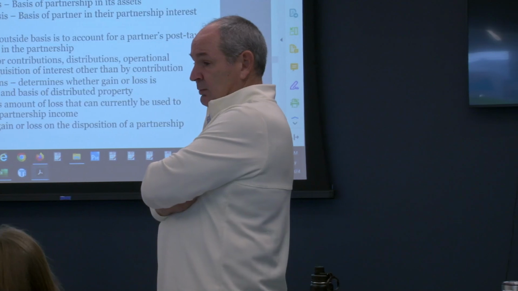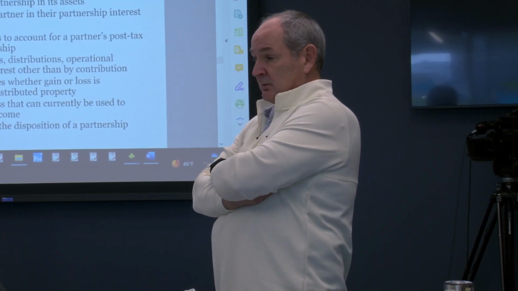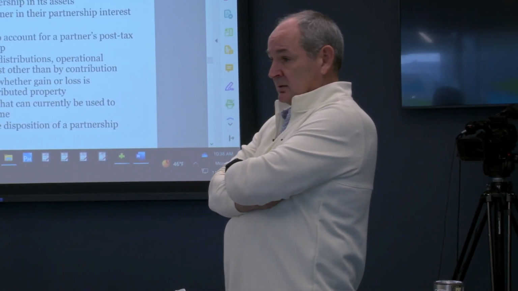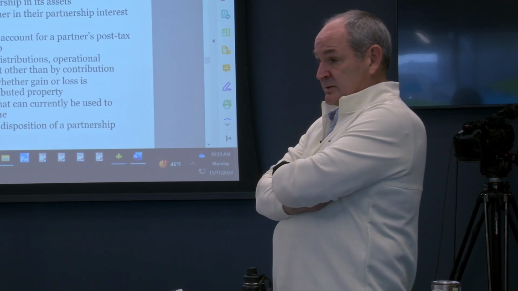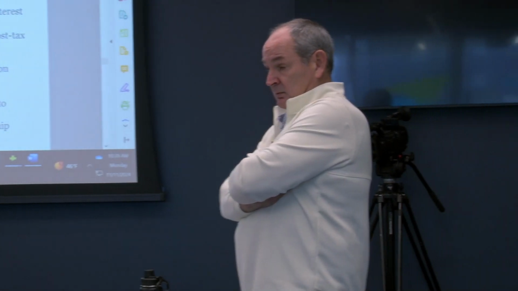But if you have a purchase of a partnership interest where you have the fully depreciated asset on the inside, and somebody buys Austin's zero capital, zero tax basis interest for $100,000, absent 754, your outside basis would be what, Austin? Or if I bought it, what would my outside basis be if I bought yours for 100? 100. What would the inside basis be, absent 754? 0. So in that case, the outside basis would be 100 and the inside basis would be 0.